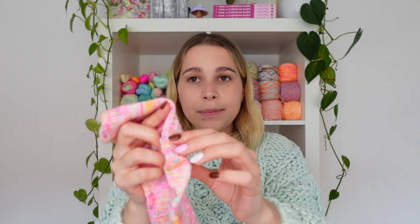So since I've started sock knitting properly, which was last year, I've done the German short row heel twice, and I've done the Flegel heel, which I'll show you in one of my finished objects. But I've never done this one, and she says it's her favorite. I definitely see why. It's very quick and easy to work up, and in terms of durability, ensuring the socks will last, I think it's great because, as you can see, it's got this kind of slip stitched